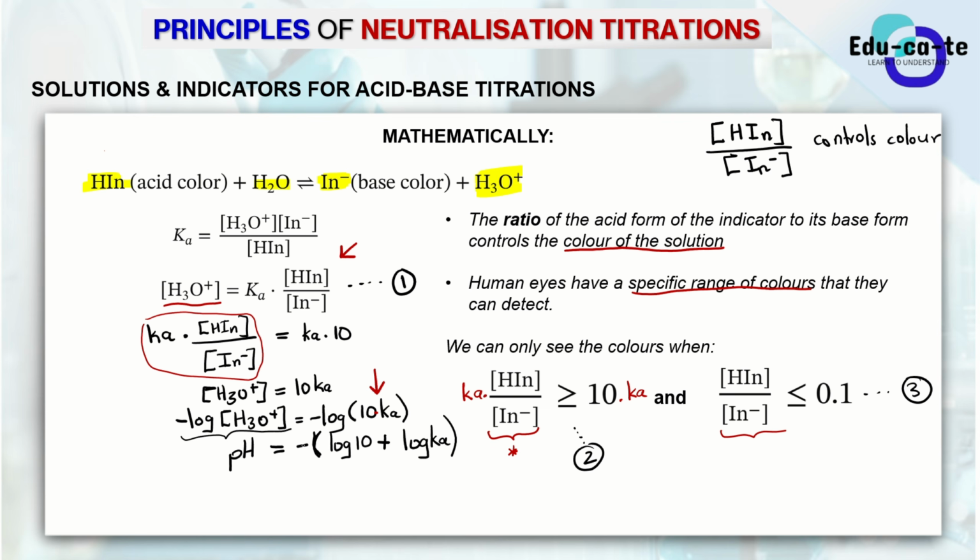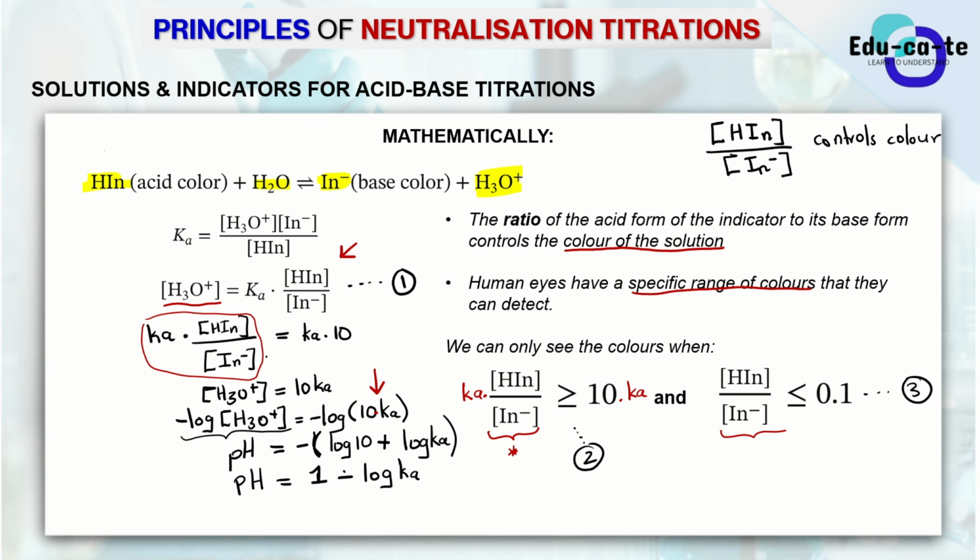And then when you distribute the negative sign, our pH is going to have a value of negative log of 10. We already know that the logarithm of 10 is going to give us 1, so with the minus that is outside the bracket, that is going to give us minus 1. So this is going to be 1 plus, actually minus, because when you distribute the negative sign into the bracket, that's going to be minus log of the Ka.